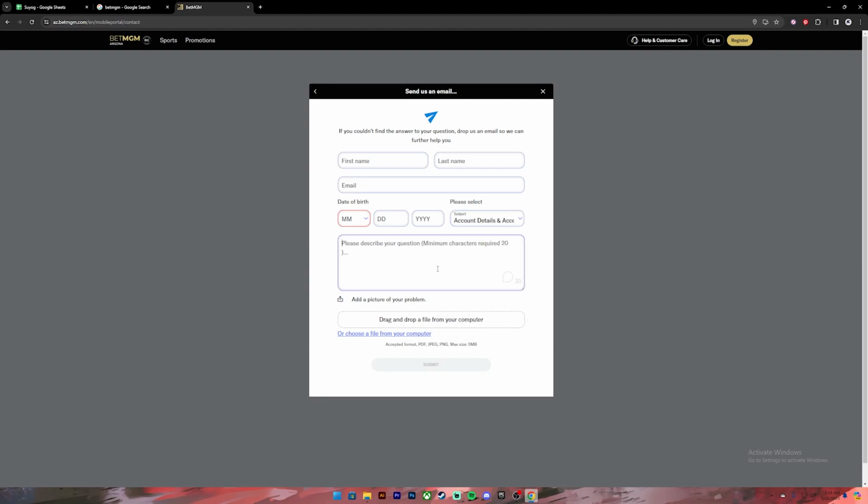Now in this text area, you should explain your problem, how your account got blocked and you want to reopen it. You can also attach a photo or a screenshot of your account by clicking on this link or just dragging it here. After you have filled up this form, click on this submit button and your report will be